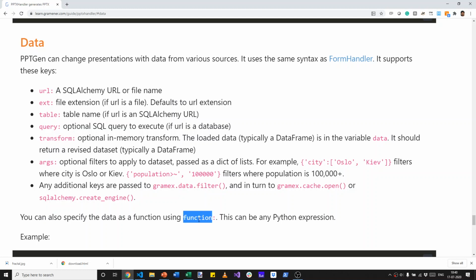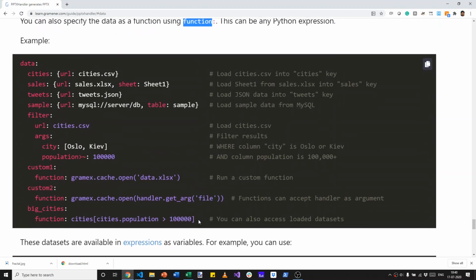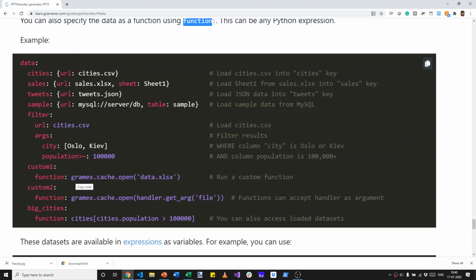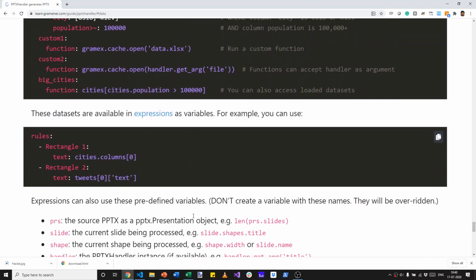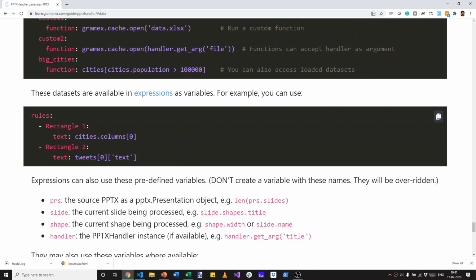But you can also literally specify it as a function, such as call this particular function either in GramX or from any other module, and any kind of expression that you want to use. Using them can be done in any command. We used text, but these are values that can be used in literally any command.